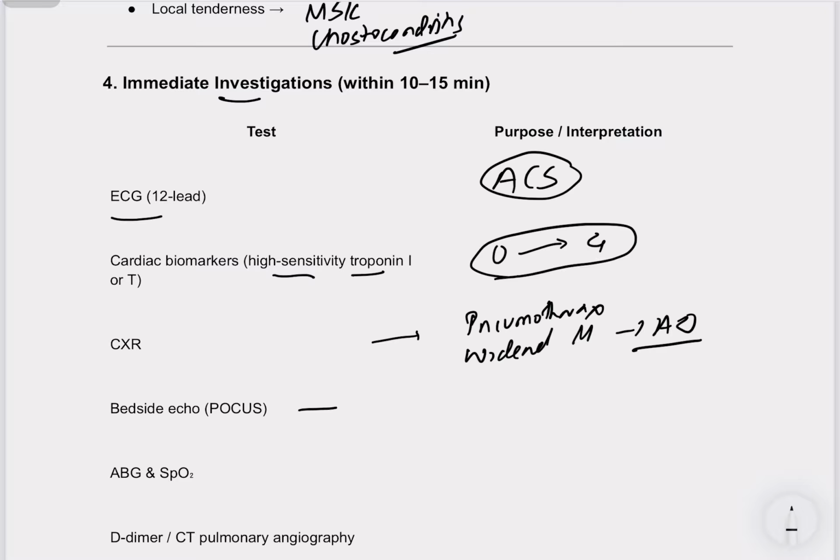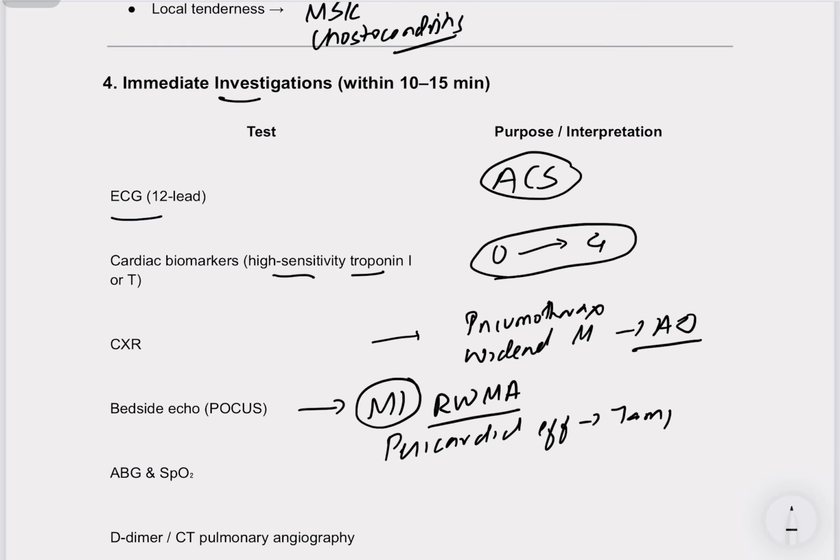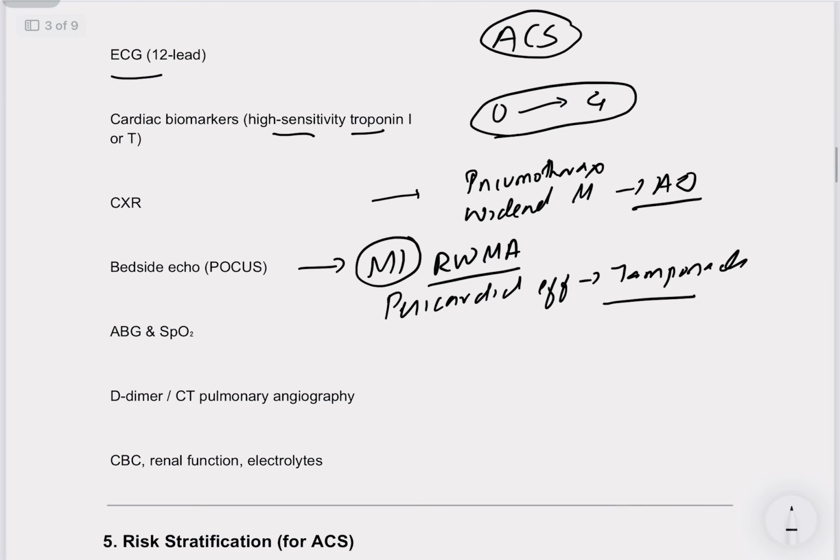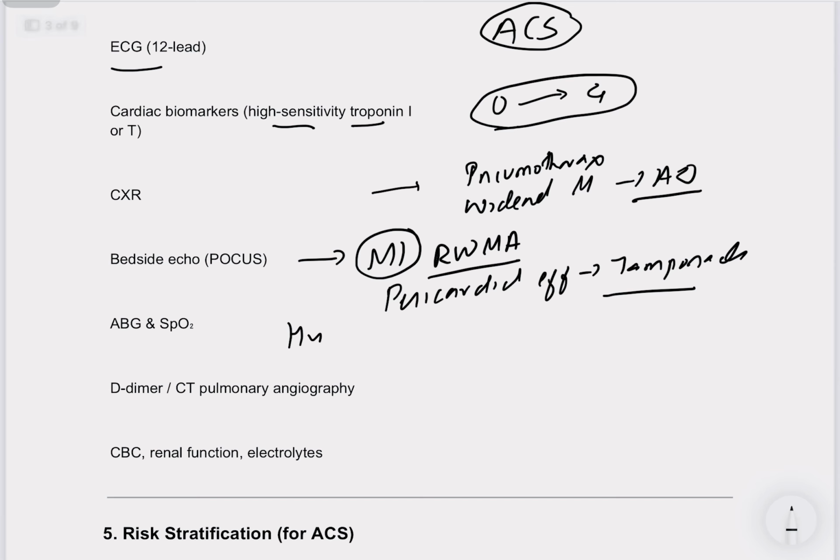Bedside echo is always useful to look for regional wall motion abnormality for MI, and we can also find out pericardial effusion or tamponade. And ABG, SpO2, to look for any sign of hypoxia, in case of pneumothorax itself,